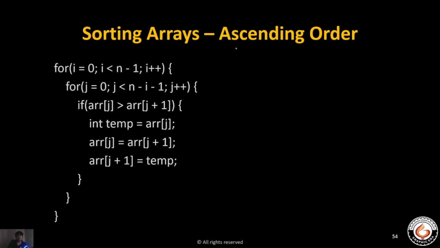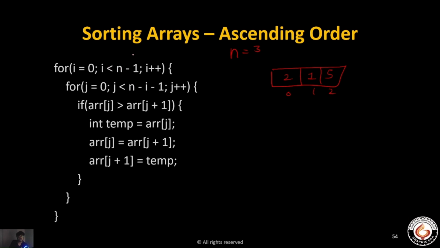How will we sort the array in ascending order? Okay, so let's check it out. We will take an example. 2, 1, 5, 0, 1, 2. Here the value of n is 3. So what's going on here is, we will be using nested loops. Firstly, I is equal to 0.